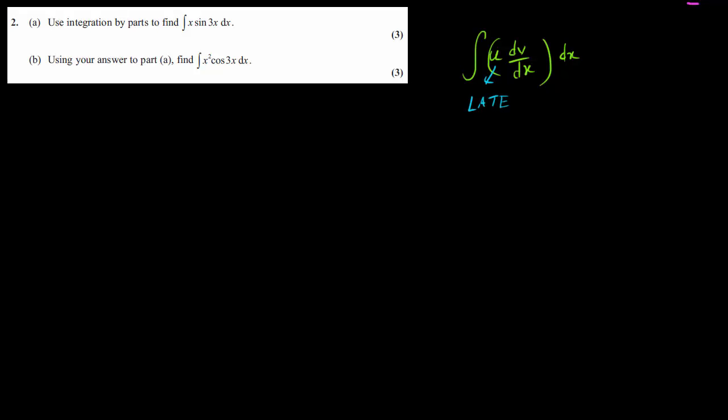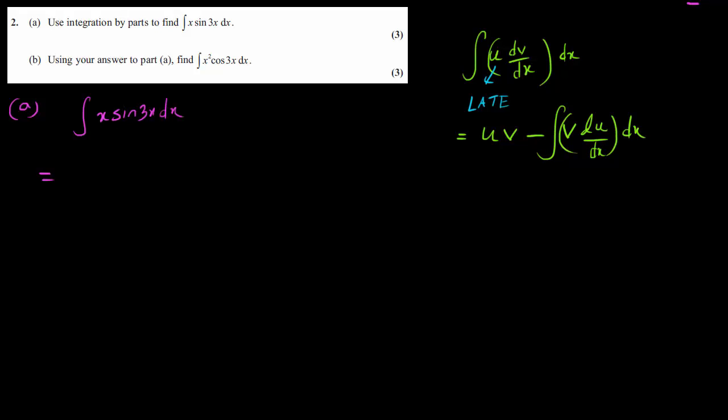L for logarithm, A for algebra, T for trigonometry, and E for exponential function. Now what we do over here is that, first of all, we have integration of x sine 3x dx. So this is going to be equal to uv minus integration of v derivative of u